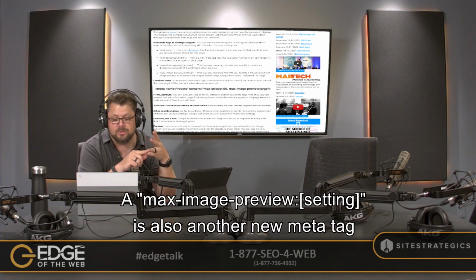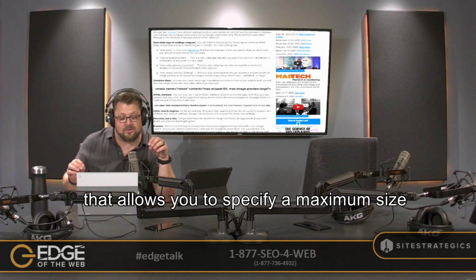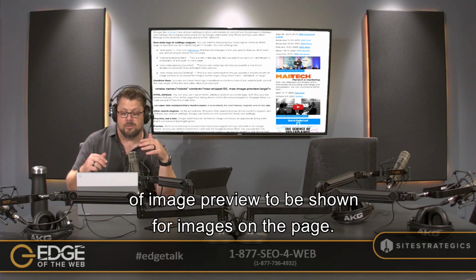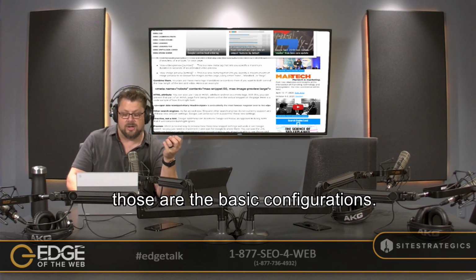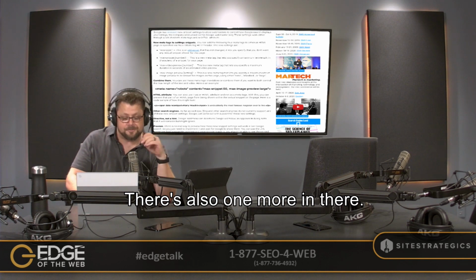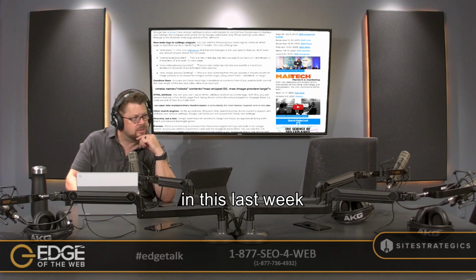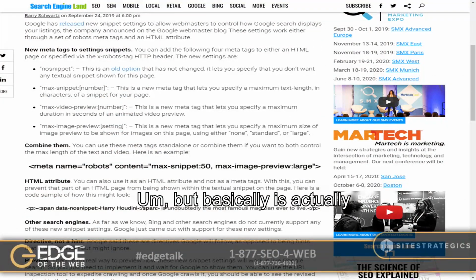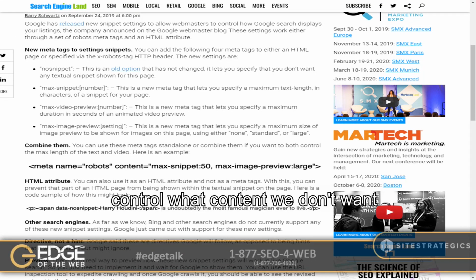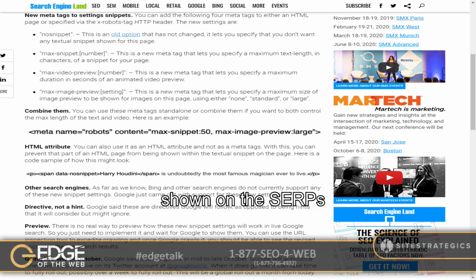A max-image-preview setting is also another new meta tag that allows you to specify a maximum size of image preview to be shown for images on the page, either none, standard, or large. Those are the basic configurations. There's also one more in there, and this is really, really cool. We were looking at that this last week, it's data-nosnippet. Basically it gives us the ability to control what content we don't want shown on the SERPs, because